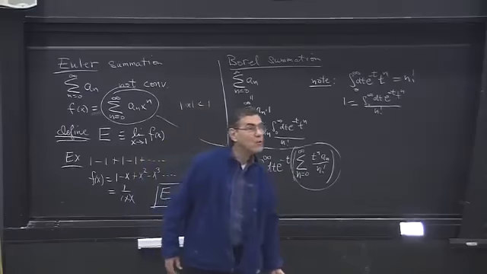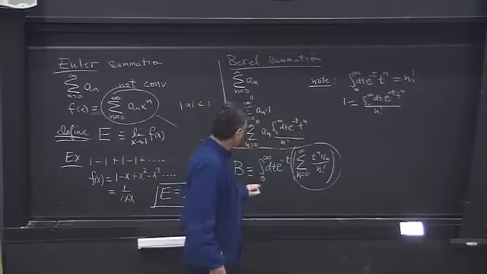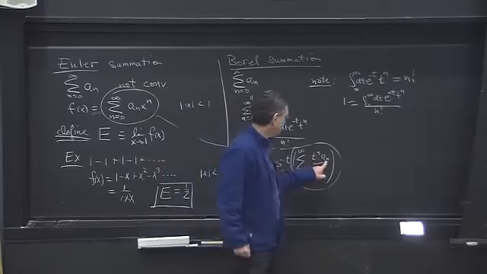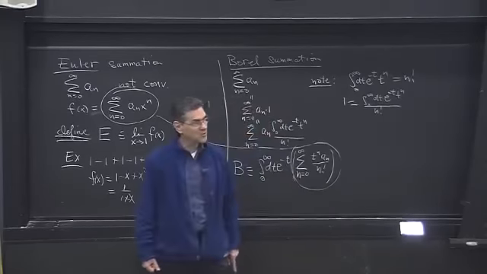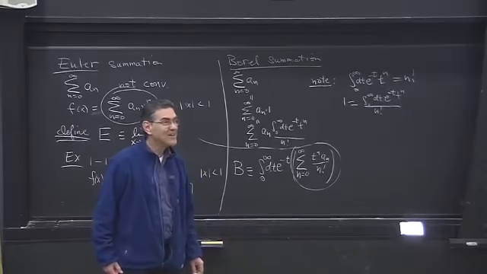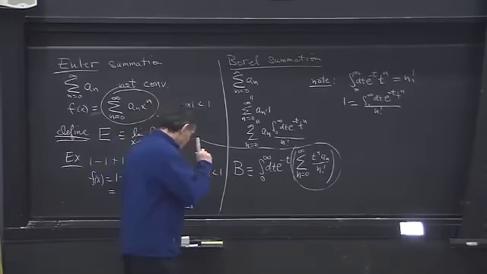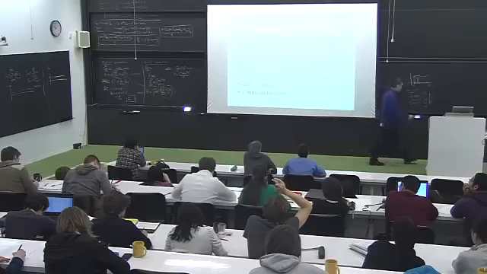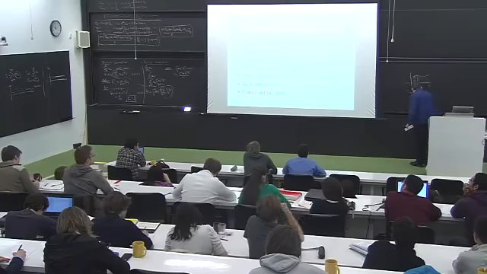Okay, so I gave you machine number 2. This is the Borel machine. It goes chugga, chugga, chugga, chugga. You put in the nth term in the series, and out pops the sum of the series. It's ridiculous, isn't it? But just for fun, let's see what happens. Let's be silly for a second. What happens